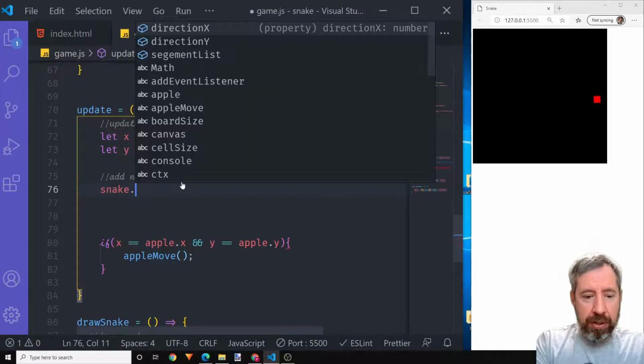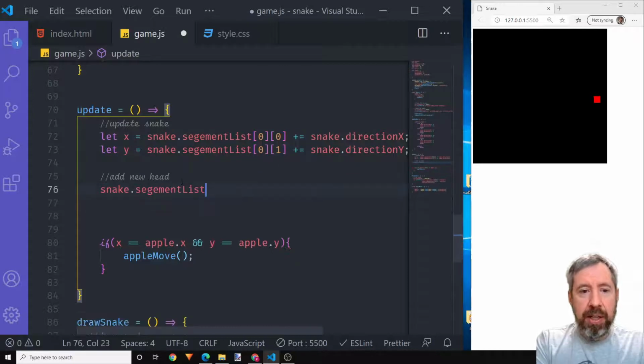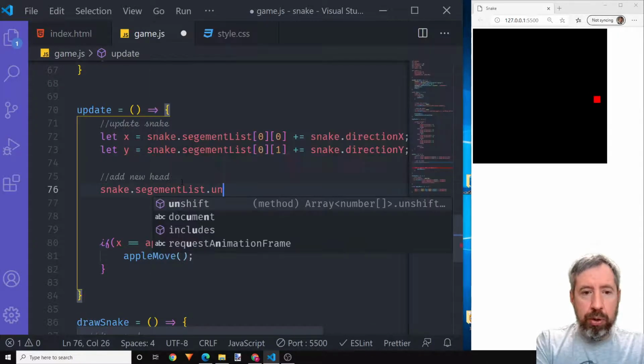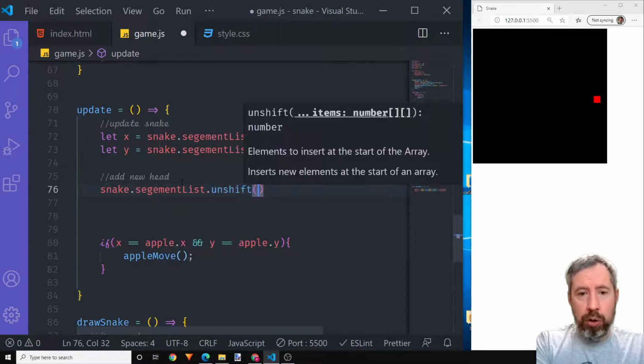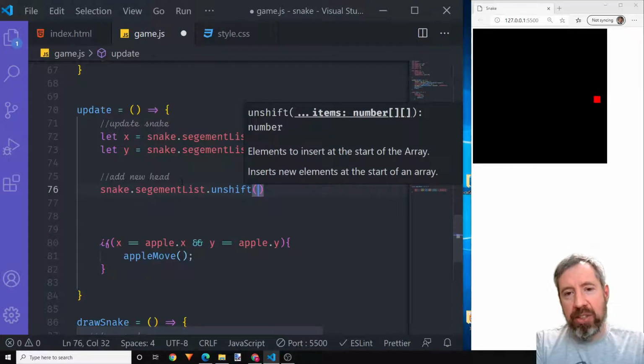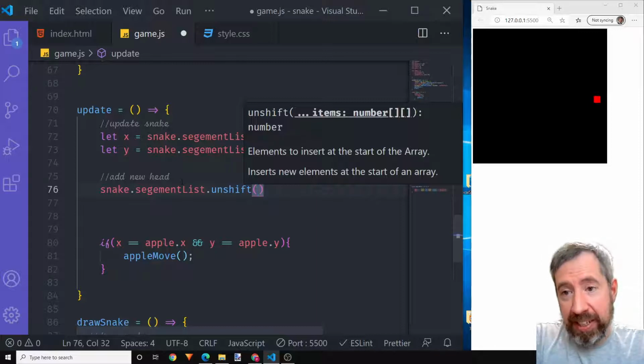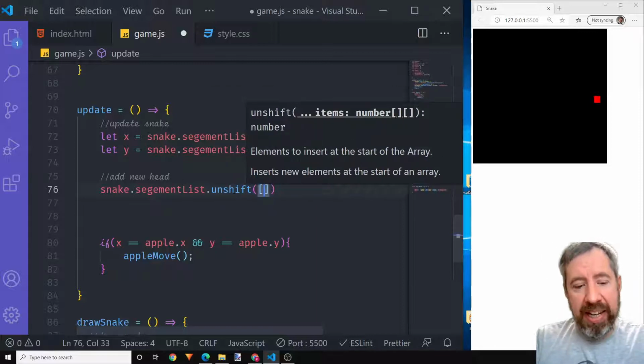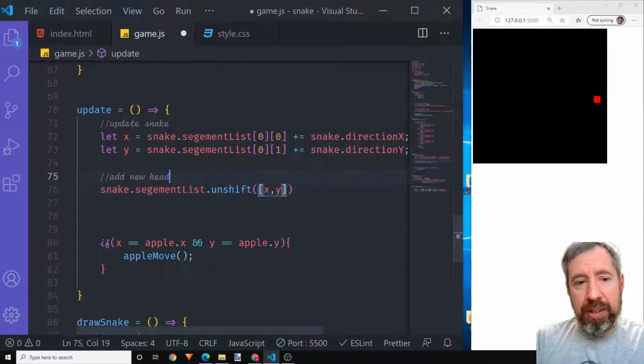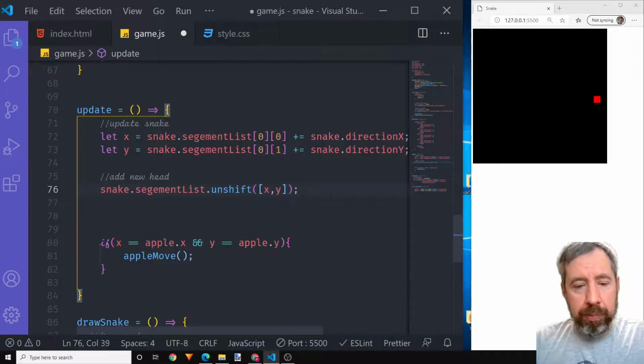So snake.segmentList, and we're going to use a method called unshift. And what unshift does is it allows us to add something to the beginning of the array. So we basically want to add the head to the beginning, which is the X and Y position. And what that will do